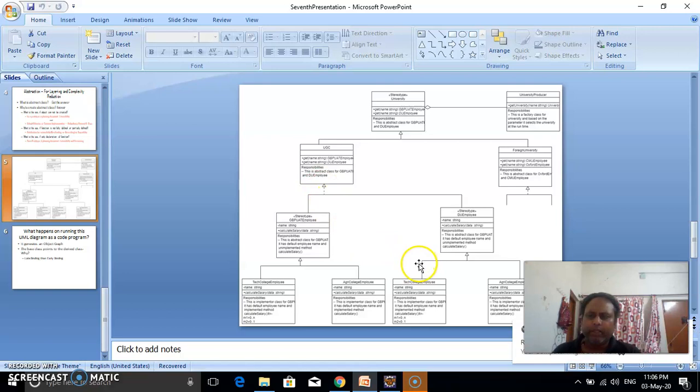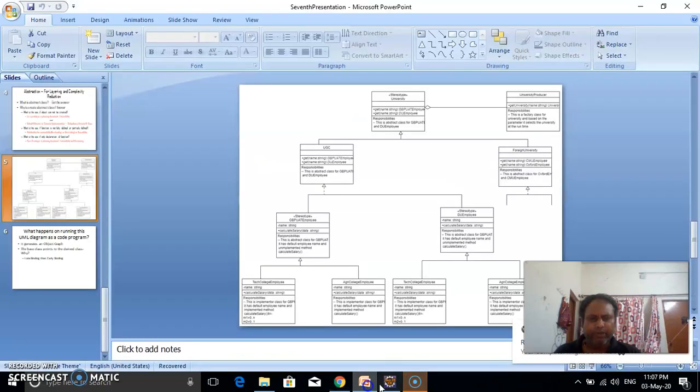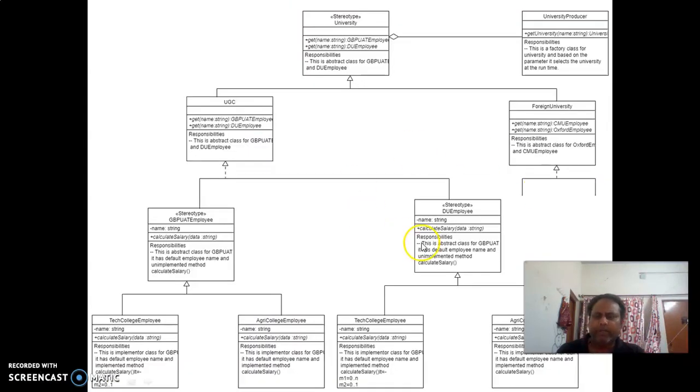In my next lecture, I will continue by writing the program of the same UML which we have seen. I will write this UML program so that you can understand the concept of this abstract factory, which is a real example of abstraction.